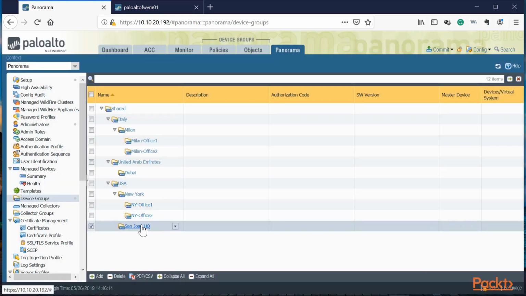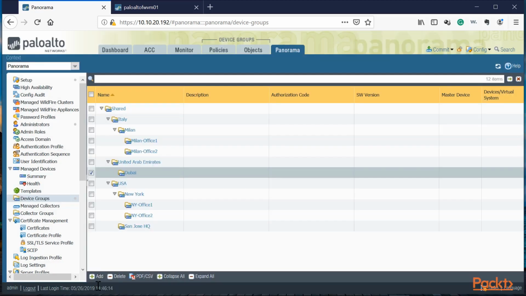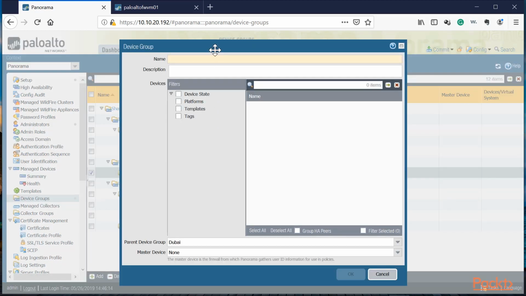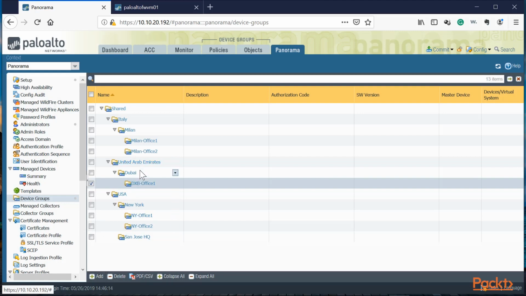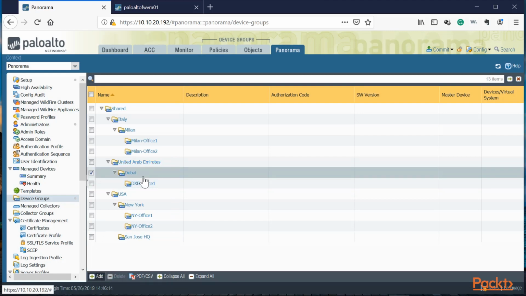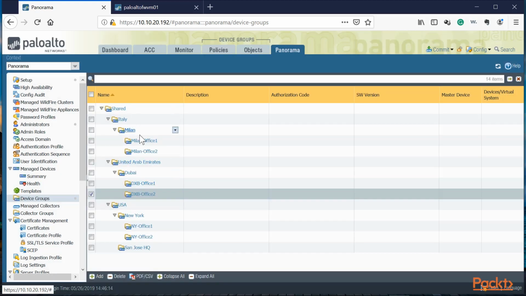San Jose, because it's a single office, we don't need to make it an office here. Dubai, we also have 2 offices in Dubai, so let's make sure we add both offices. And then we can also select the last one, which is going to be Office 2. Okay, and now we've got both offices in Dubai, both offices in Milan, and we've got both offices